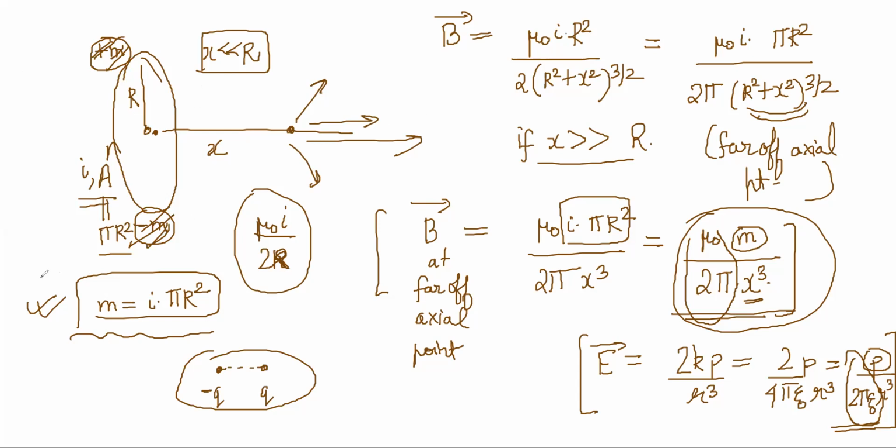Just know that the definition of magnetic moment is similar to the definition of electric dipole moment, which was also a tool of convenience, no? Electric dipole moment was just there to simplify this formula nicely. Otherwise you would have to write k and q into d everywhere, right? Just like that, you have defined another magnetic dipole moment. So you just need to remember this and see how we have brought in that m here.